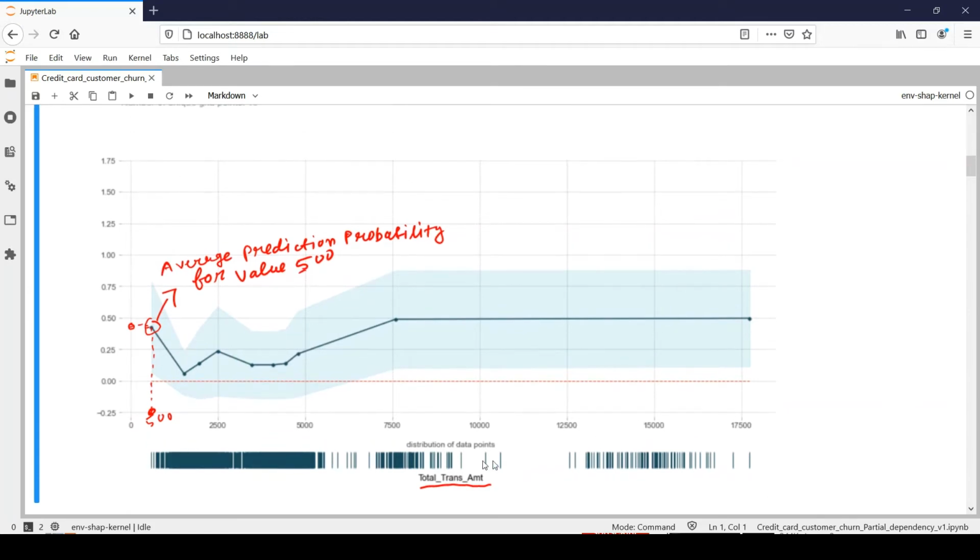And at the bottom you will see that it shows the distribution of total transaction amount, right? You can see that most of the values vary from 500 to 5,000, and we do not have very highly populated data around these ranges. But definitely we have some dense area near 7,500, and some dense area around 1,500. We have those sorts of patterns, and you can clearly see the variation of your prediction probability based on different values of your total transaction amount, right?